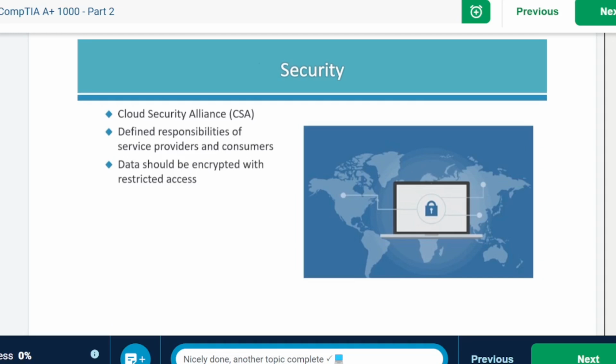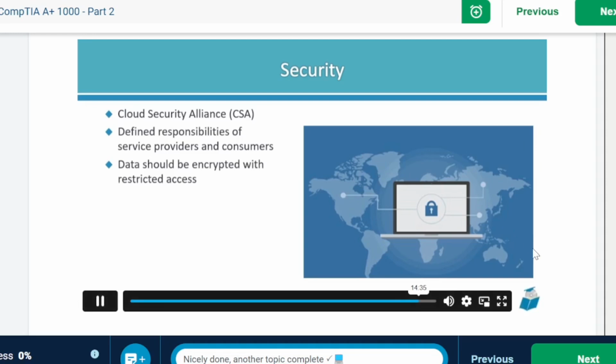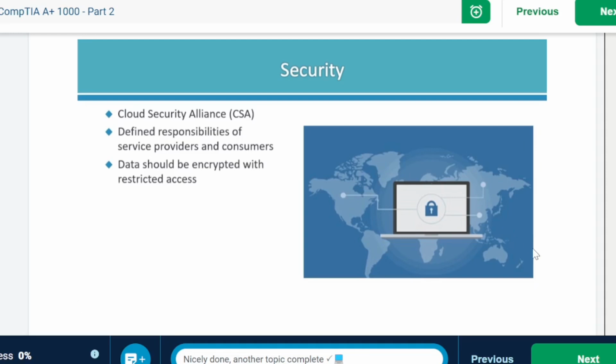When planning security for a cloud computing network using the CompTIA A+ certified professional, you should always analyze several aspects about resources, which include determining which resources need to move to a cloud, analyzing risk, and determining which service models, such as software as a service, platform as a service, or infrastructure as a service. Then you have to look at determining which cloud service model to use, which cloud types, such as public, private, hybrid, or community. The next consideration you may have to do is how data is going to be transferred or where it's stored and how it should be moved in and out of the cloud.